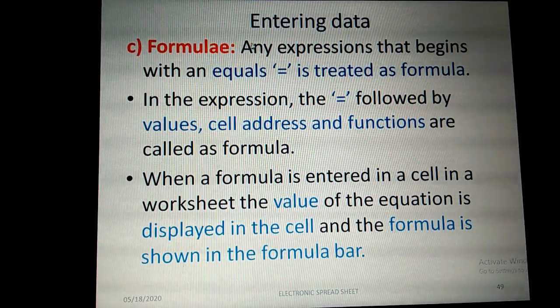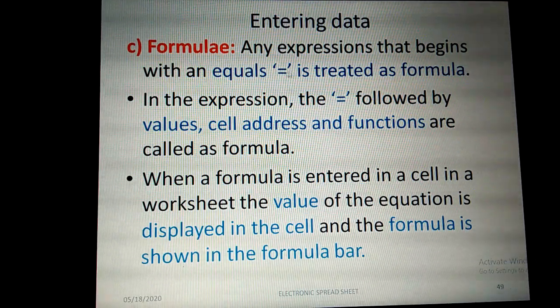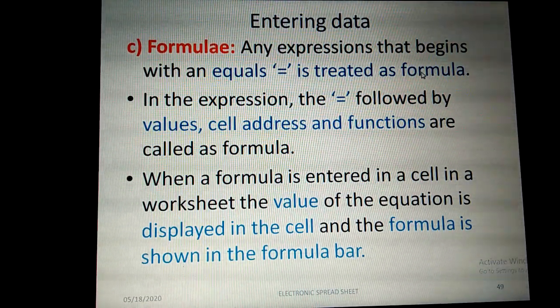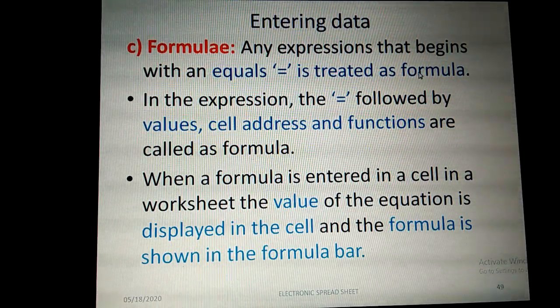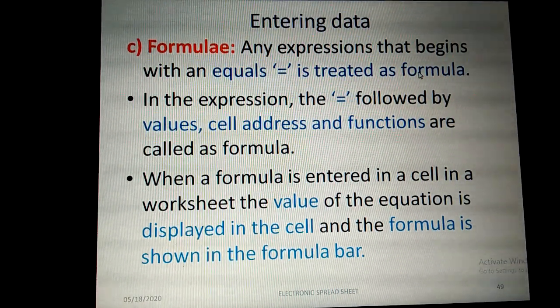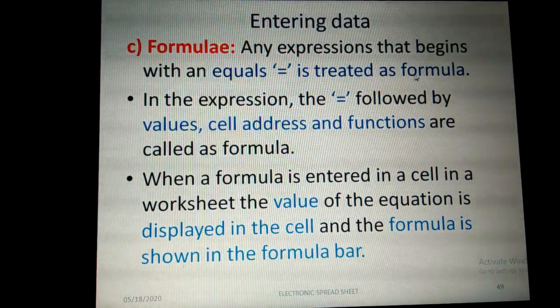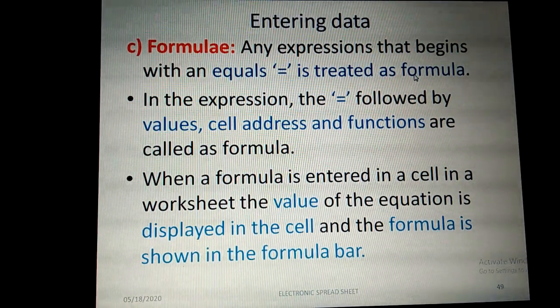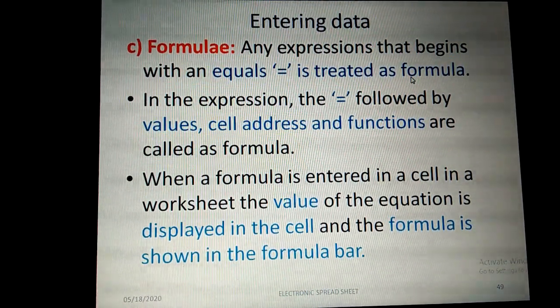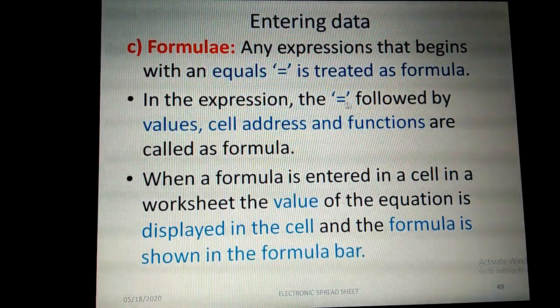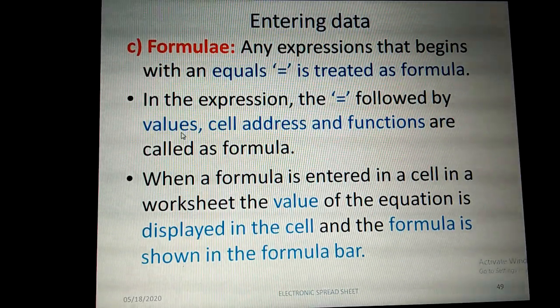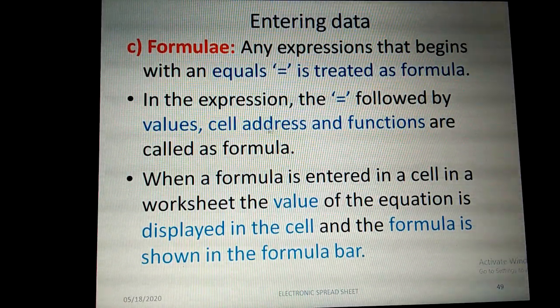So this is also one of the data types we can enter inside the cell. Any expression that begins with equal to is treated as a formula. For example, 3 plus 4, if it starts with the symbol equal to, is treated as a formula, or equal to a plus b. So any expression you write with the equal to symbol is known as a formula. In the expression, the equal to is followed by values, or it may have a cell address, and functions.